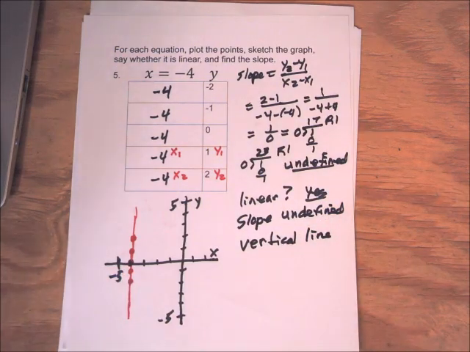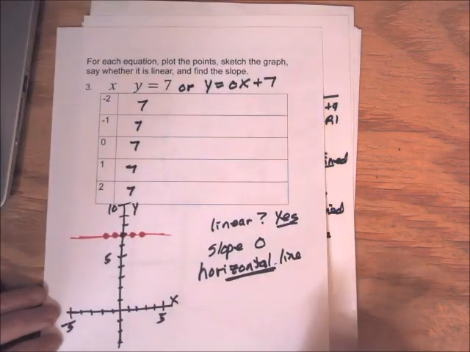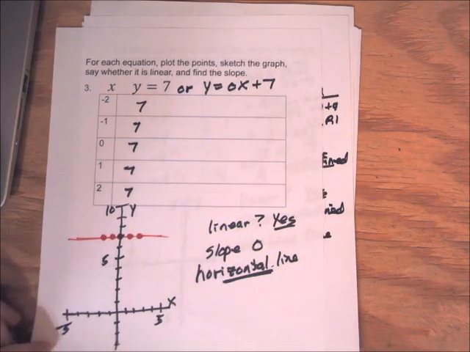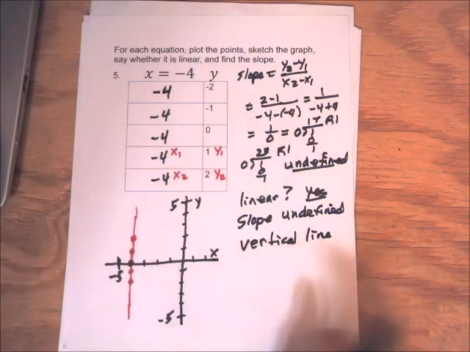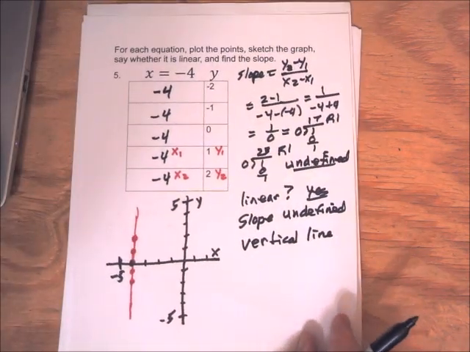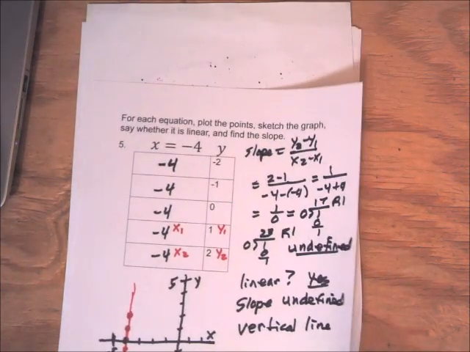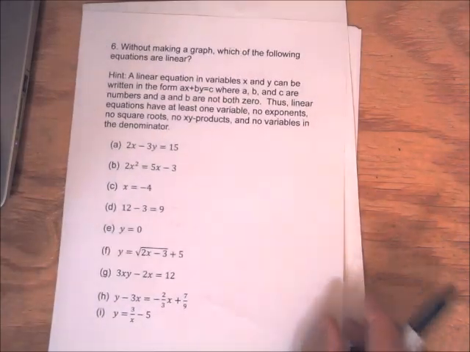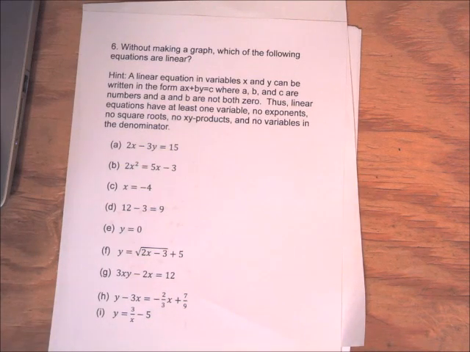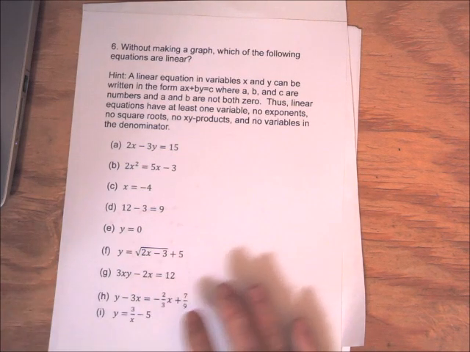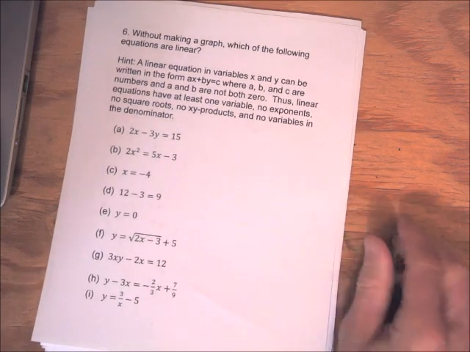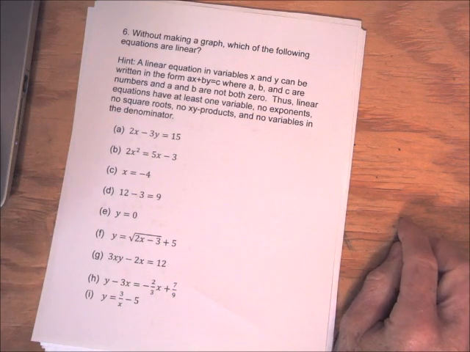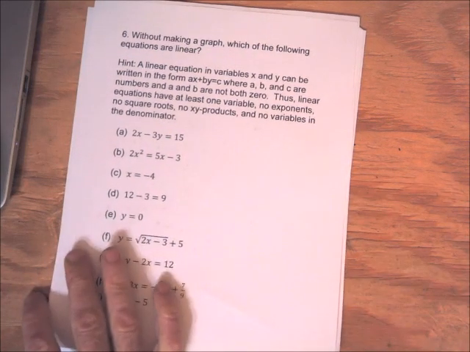And the one we had before, where we had slope 0, is a horizontal line. This one's a vertical line. Okay, so there's a way of telling from the equation whether an equation is linear or not. We were using the graph to help us determine whether the equation was linear, but